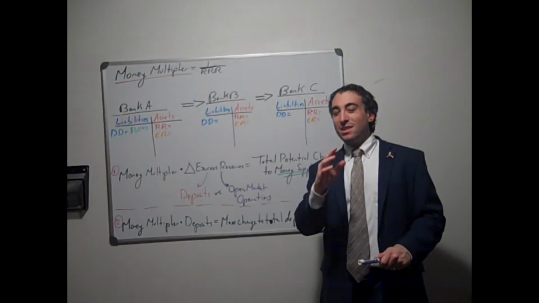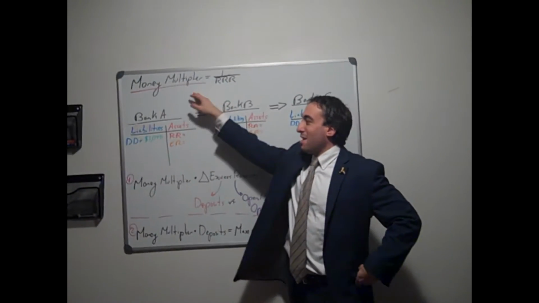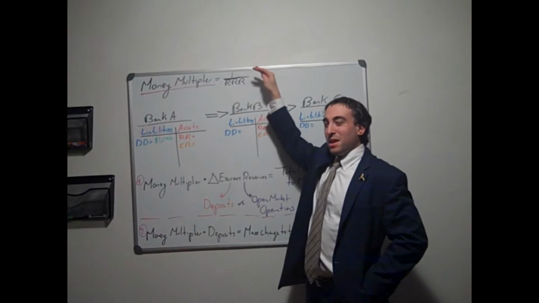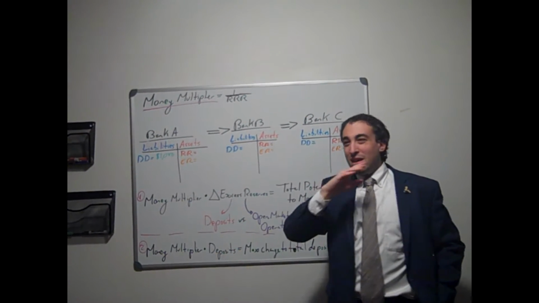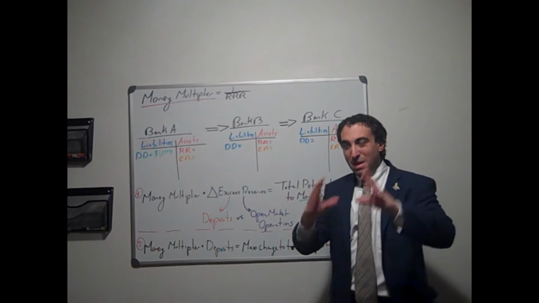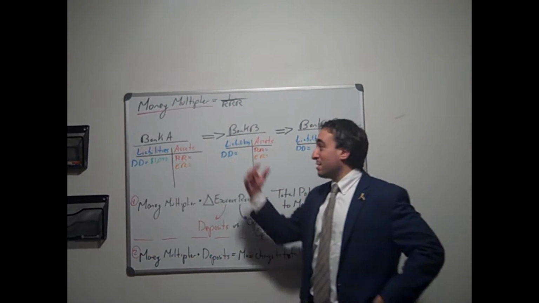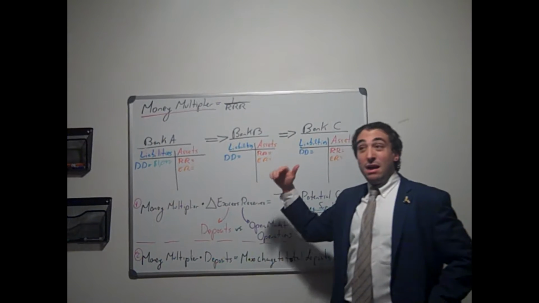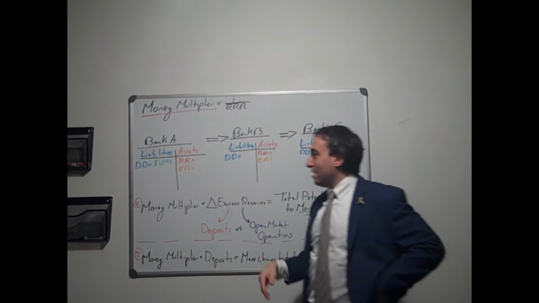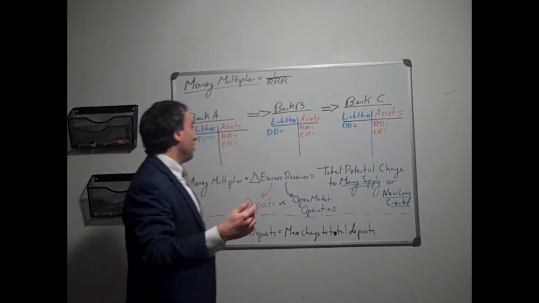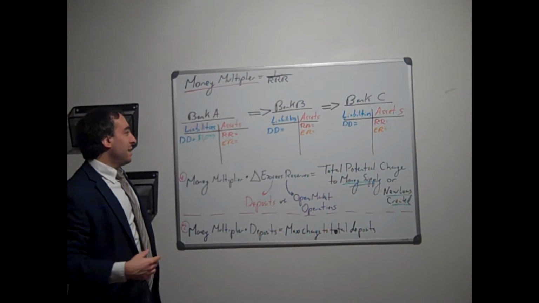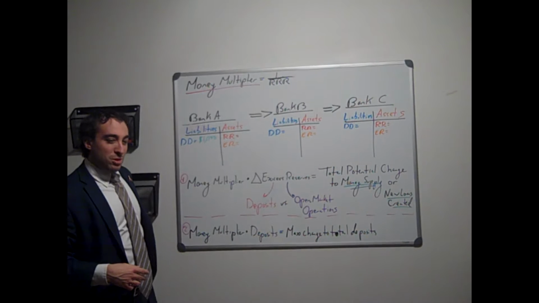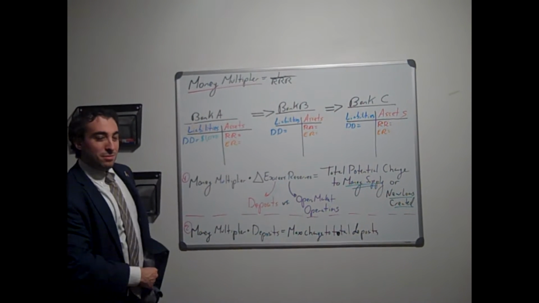So now, let's take a look at the money multiplier, whose formula is 1 divided by the required reserve ratio. But before we look at the math of the formula, let's look at how this would theoretically play out, and then how the formula would kick in. In our previous example, we deposited $1,000 into Bank A, and that $1,000 was broken up into